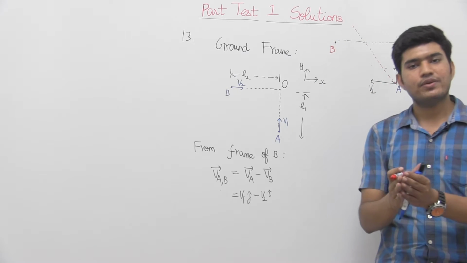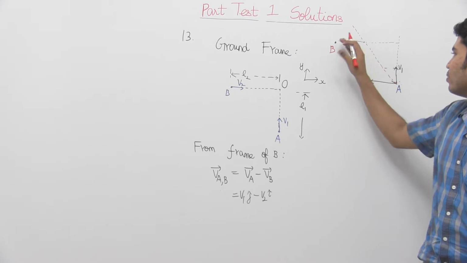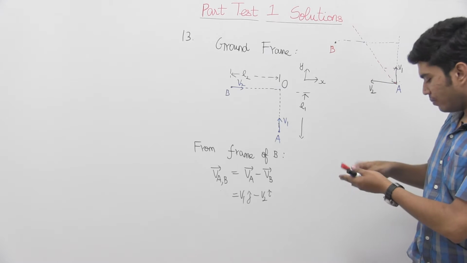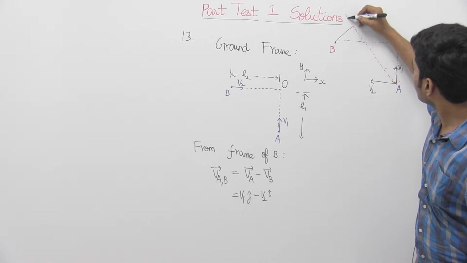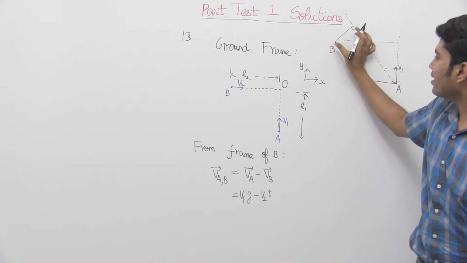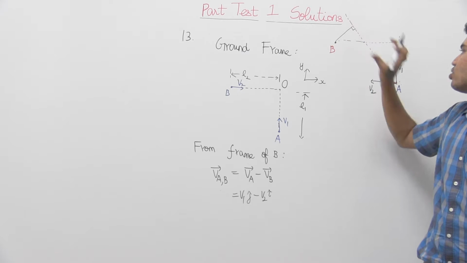Here we have to take some help from maths. What is the shortest distance of a line from a point? If you drop a perpendicular here, this is the shortest distance. If we can find this distance, this is the shortest distance. So now our aim will be to find this shortest distance.